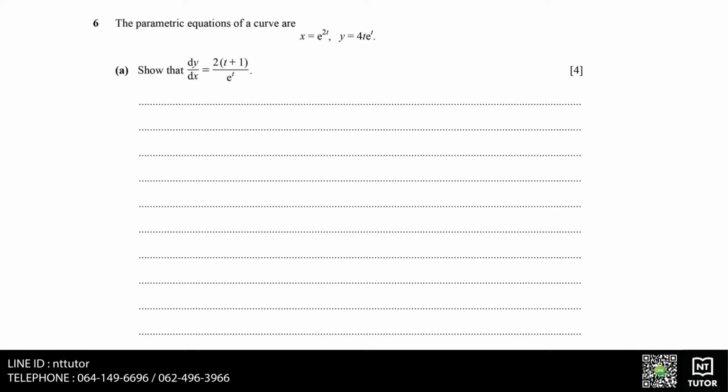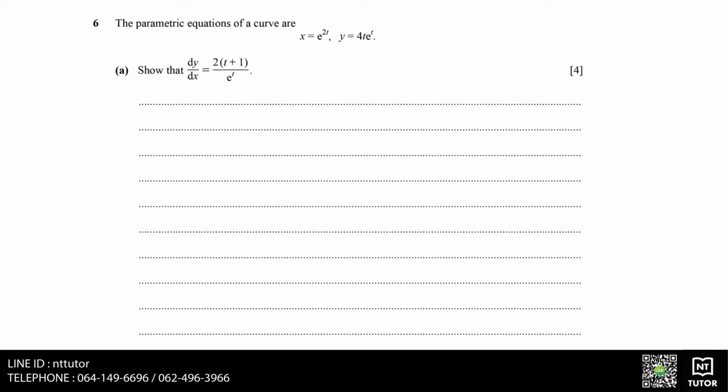The parametric equations of a curve are x equals e to the power of 2t and y equals 4t e to the power of t. A. Show that dy over dx equals 2 multiplied by t plus 1 all over e to the power of